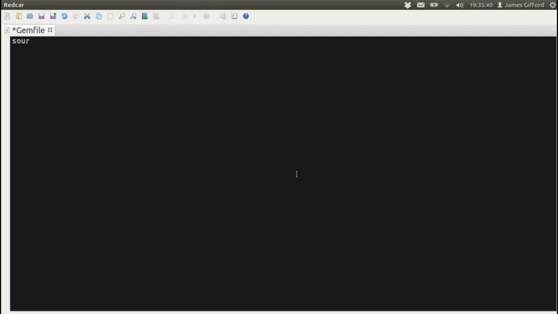So we're going to do source rubygems, and then we are going to do gem sinatra, and then gem haml because we need Haml, rack-test because we want rack-test, data_mapper 3,